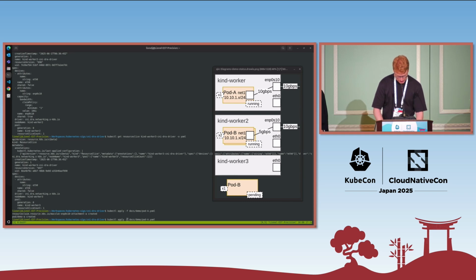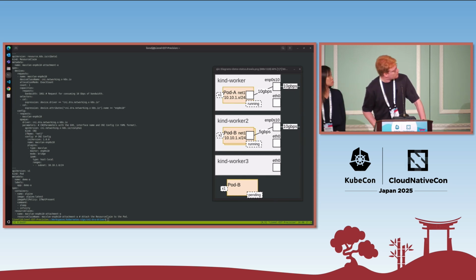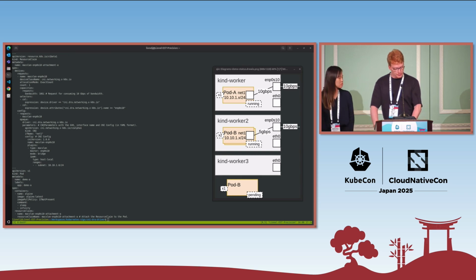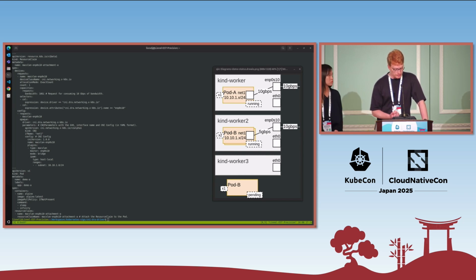So let's check what is inside this YAML file. Can we see? Yeah, we can. We have the resource claim first that is requesting an interface with the name enp0s10, and we will claim 10 gig of this interface via the capacity request. And we have the CNI config that will configure a MacVLAN interface based on this enp0s10 interface. And we will also assign some IP addresses, so we can also demo the status.